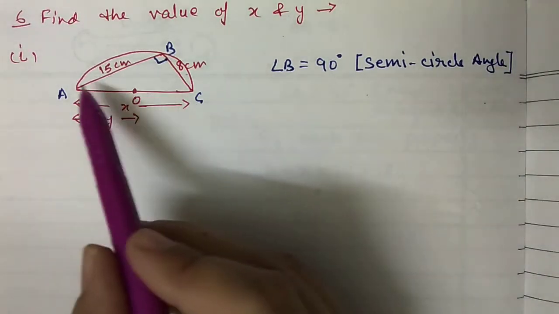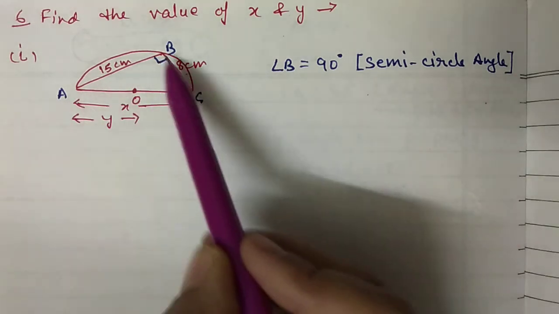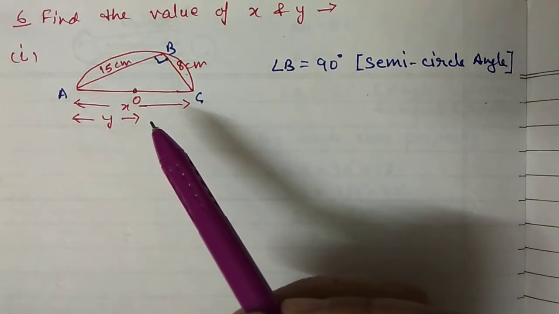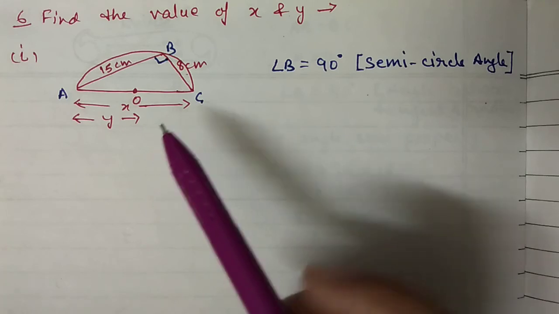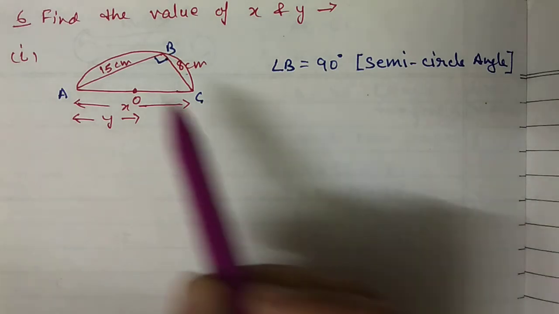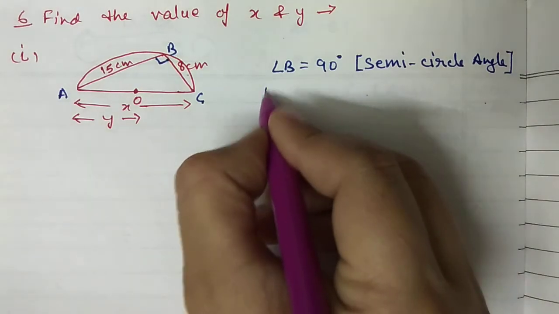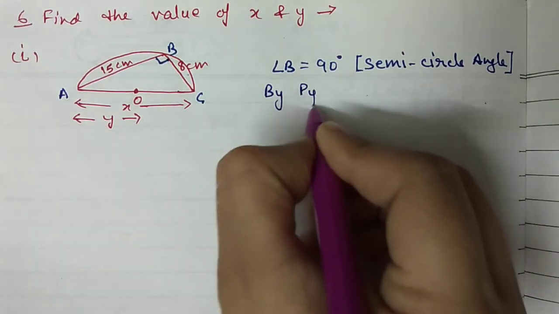So now in this triangle ABC we will use Pythagoras theorem. When a side is given, in that case you have to use Pythagoras theorem, and when an angle is given, in that case you have to use angle sum property or exterior angle property. So here, because we have sides, we will use Pythagoras theorem. So by Pythagoras theorem,